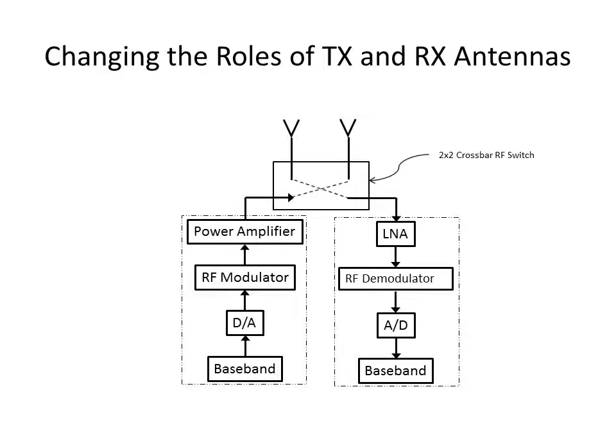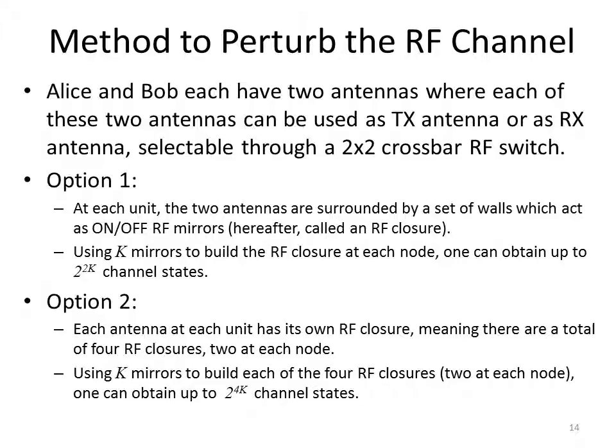And this is a fairly easy task using a 2x2 crossbar RF switch, which will either connect the transmit path to this antenna and the receive path to the other one, or transmit path to this antenna, receive path to this one. As mentioned earlier, we have 2 options to use the antennas